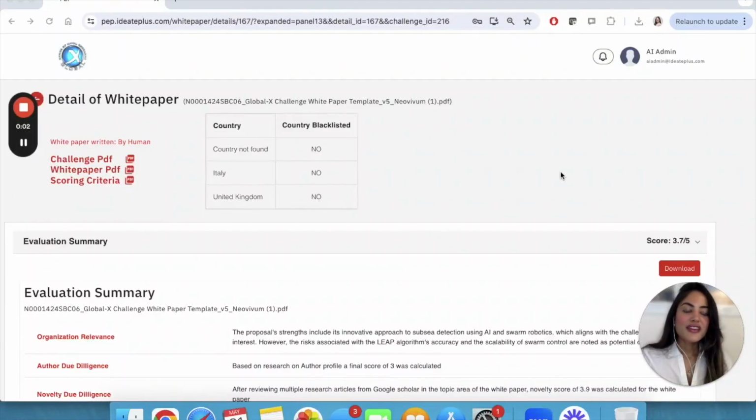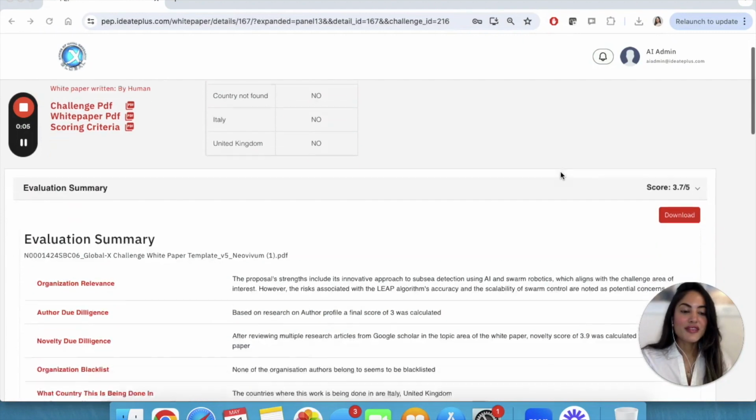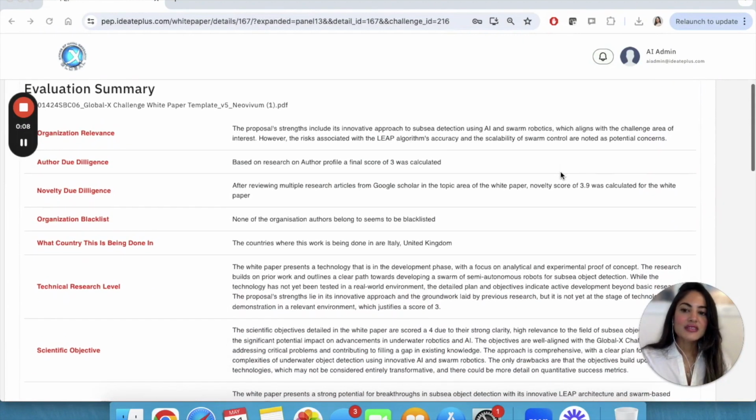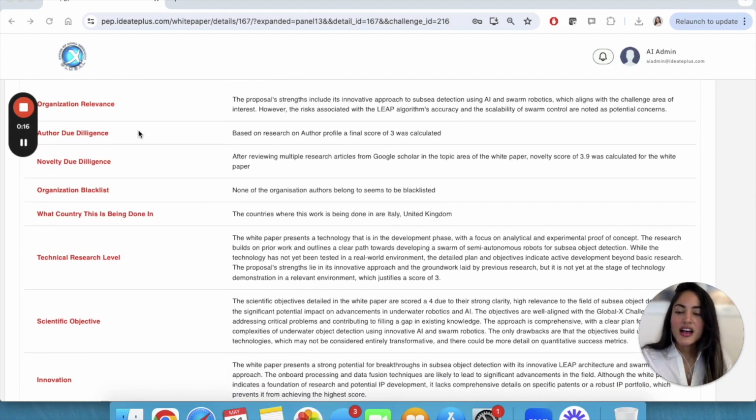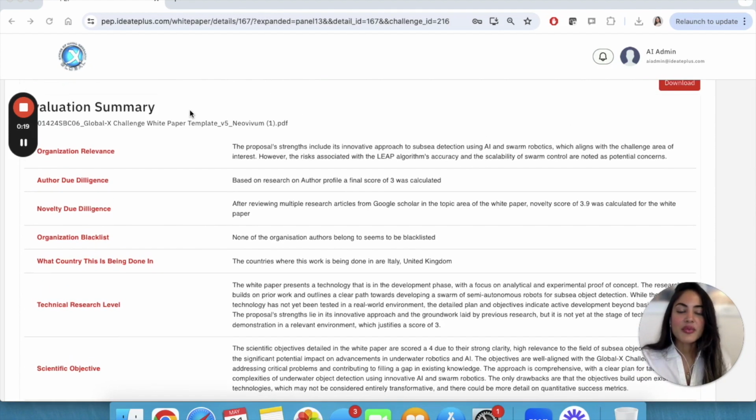Now that we have that information covered, we can delve into the evaluation summary. The AI has actually provided a score for each of the sections that you see here on the left side, including the organizational relevance and the author due diligence. Here for the organizational relevance, for example, the AI provides a comprehensive yet high-level idea of the relevance that this white paper has, not just to the organization, but to the overall goal for the challenge itself. So we see here, for example, the proposal strengths include its innovative approach to subsea detection using AI and